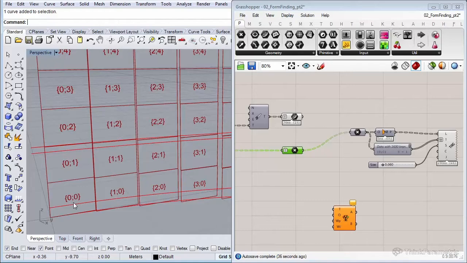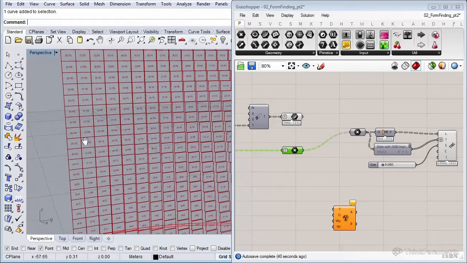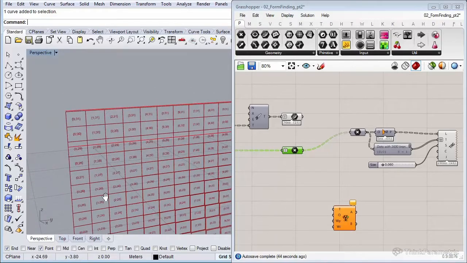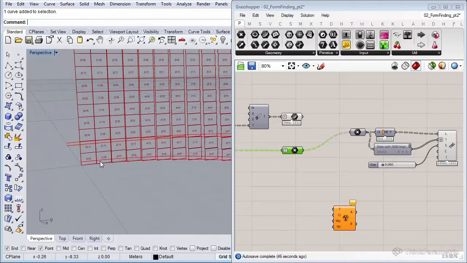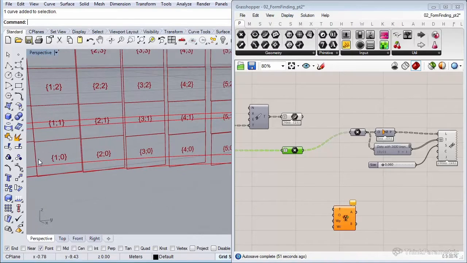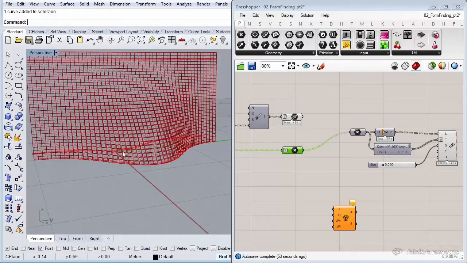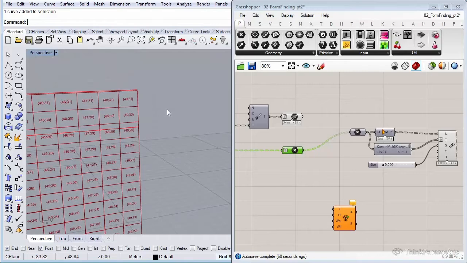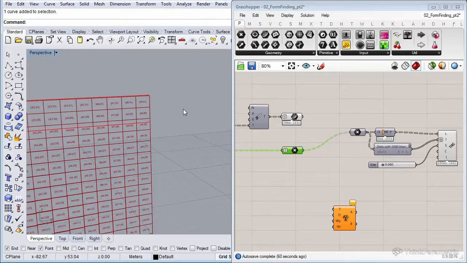So 00, 01, 02, etc. until it reaches the top. 031, and then it moves to the next column, which is 10, then 11, 12, etc. all the way to the other side of our pavilion, which 4931 is going to be, that's the very last brick in the sequence.